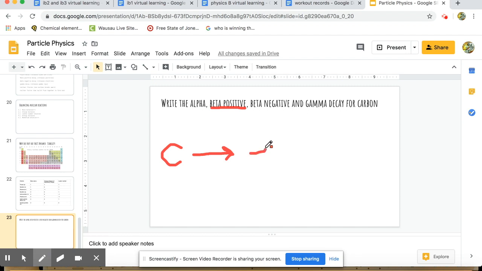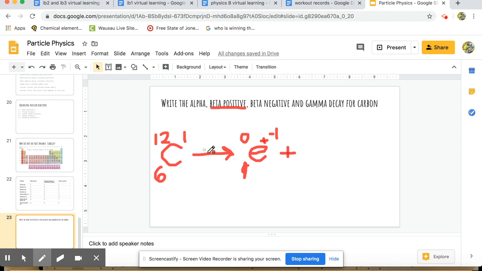So, let's do that. We have e, a little positive here. Okay, and let me put this in. So carbon's nuclear charge is 6, its mass is 12, and its lepton number is 1. This particle, positron, its charge is 1, its mass is 0, and it's -1 because it's an antiparticle. It's -1 for its lepton number. So now